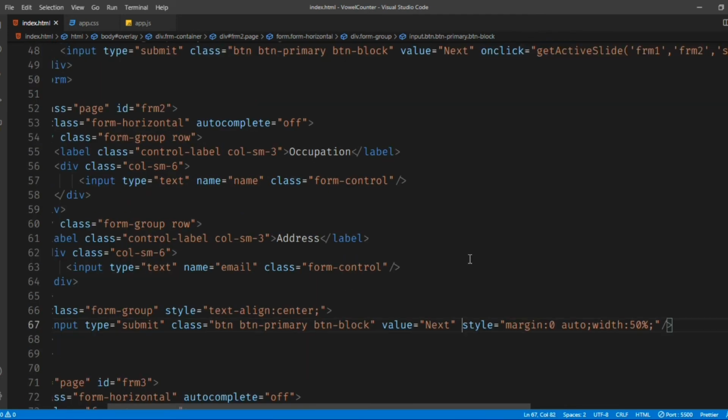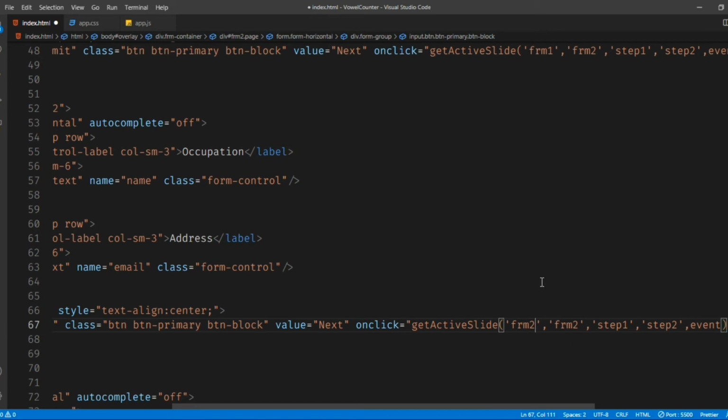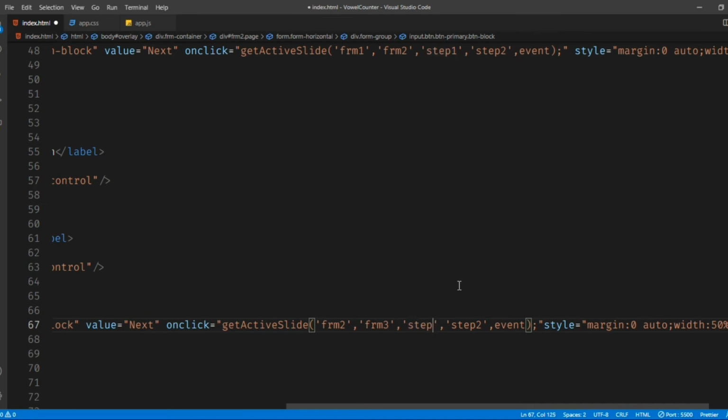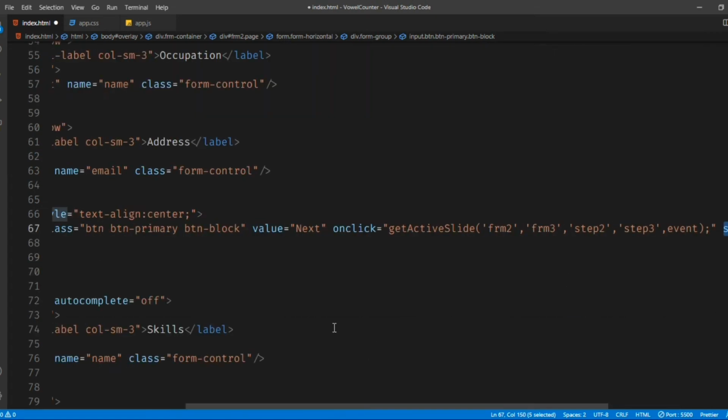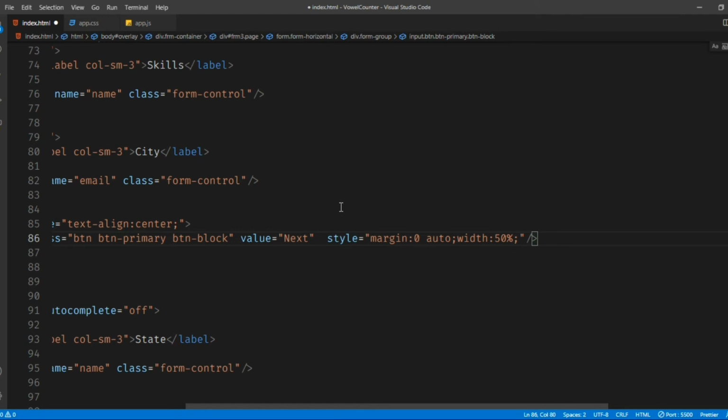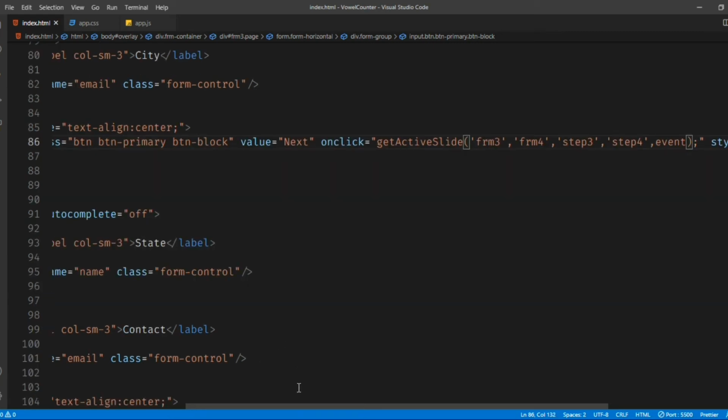So let me go here. So it is form 2, form 3, and it should be step 2 to 3. Now let me do the same thing here. It should be form 3 to form 4 and step 3 to step 4, correct?